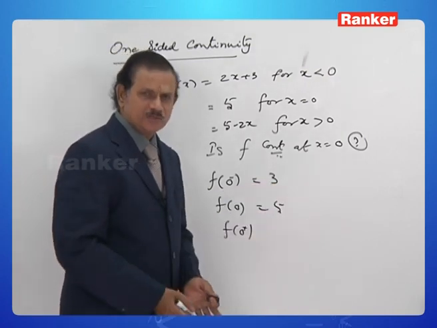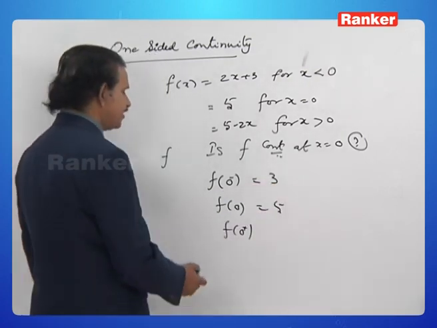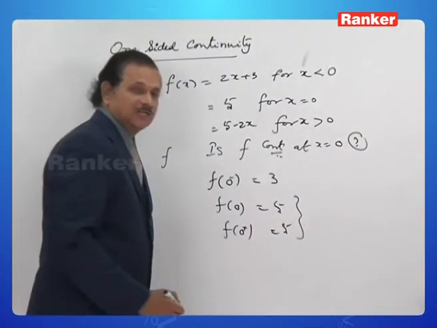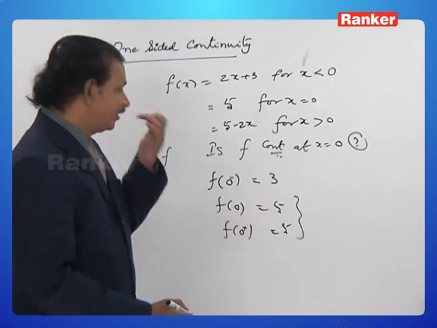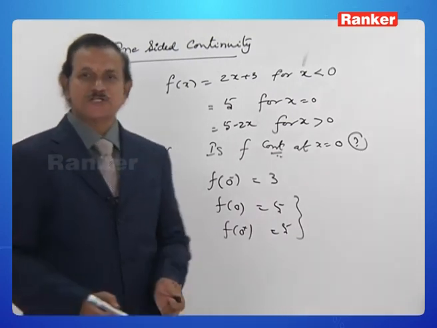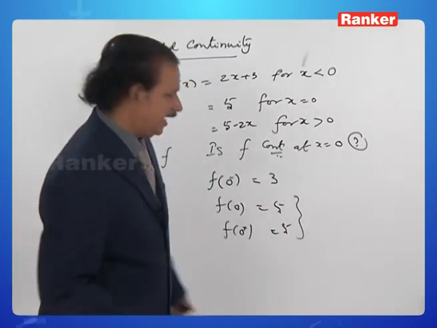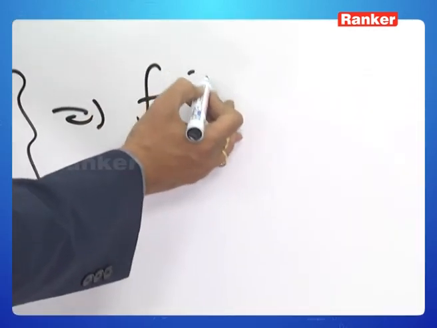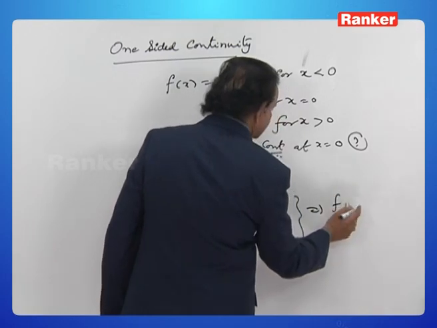Let us check about the right continuity. What is f of 0 from right? 5 minus 0 is 5. As of course, our plan is successful. We could have constructed a function which has right continuity. As from these two, we notice that f has